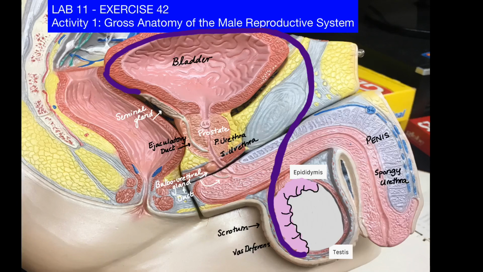Okay, so the penis is the external genitalia that allows for the delivery of the semen. So it's the copulatory organ, and it has a couple of components. The first is the body, so the main part. And then we have the glans penis, which is the enlarged tip. So we're going to look a little more closely at the composition in terms of tissues within the penis, but know now that